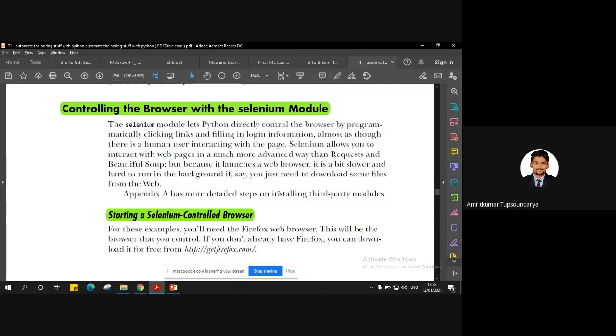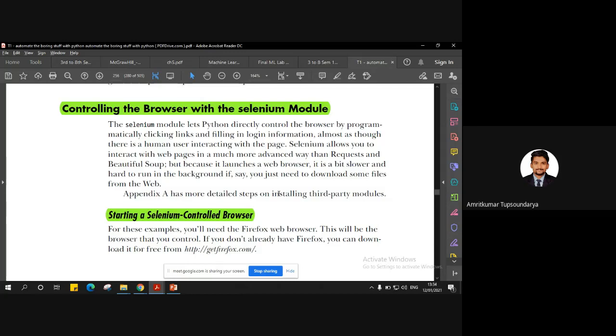So in today's lecture, we are going to discuss controlling the browser with the Selenium module. If you recall from the initial lectures, we said we'd be taking up four modules: the webbrowser module, the requests module, then the interesting Beautiful Soup module, and ultimately the Selenium module.